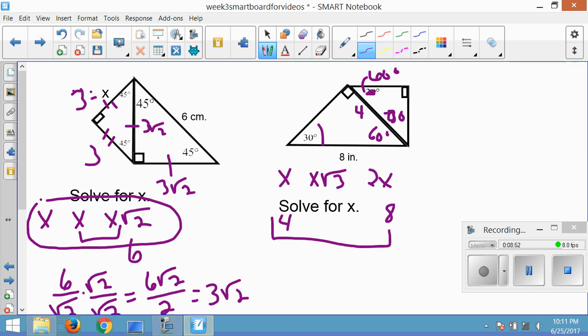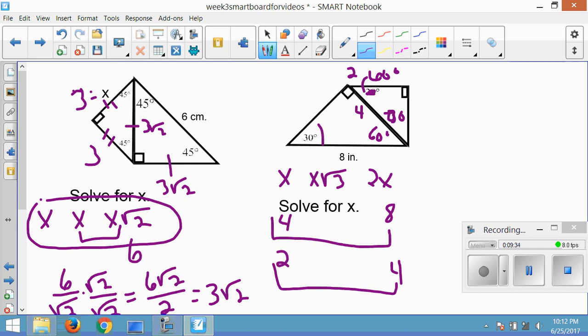Well, that was actually pretty helpful for me because now I figured out the side that the two triangles share. And I can see that that is the hypotenuse of that triangle on the right. So if 4 is the hypotenuse, again, I'm going to go backwards to get the side opposite of the 30 degree, or the short leg, and divide 4 by 2, I get 2. So opposite of the 30, that is 2. Okay, and then opposite the 60, I have to multiply that times the square root of 3,